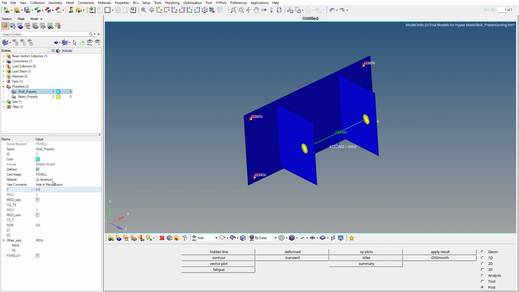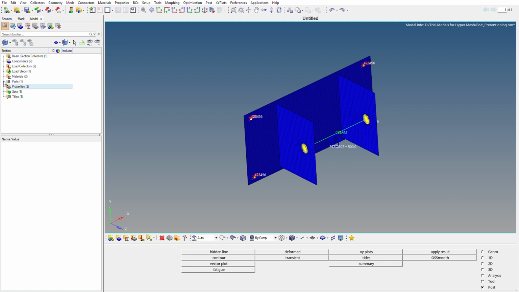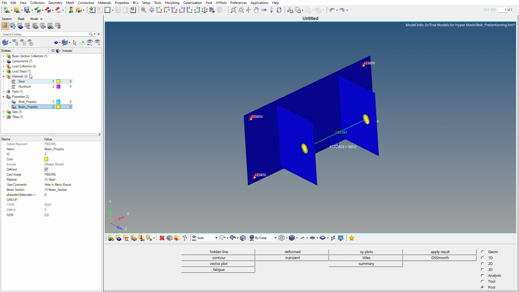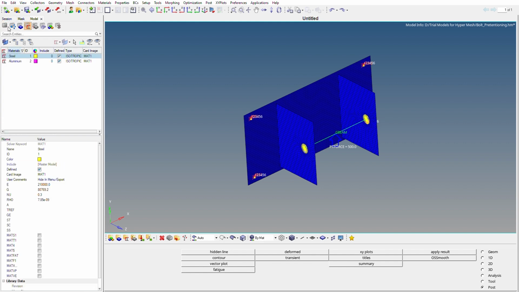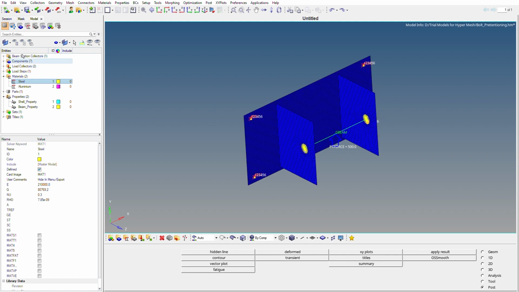Yeah, so I have assigned it a thickness of 4, if you can see here, and the card image is special as it's a 2D part, right? So next, the materials we have used here. So for the bolt, I've used steel, as if you can remember, here I've showed you under the beam property, the material is steel. So I've used steel as the material for the bolt and aluminum as the material for